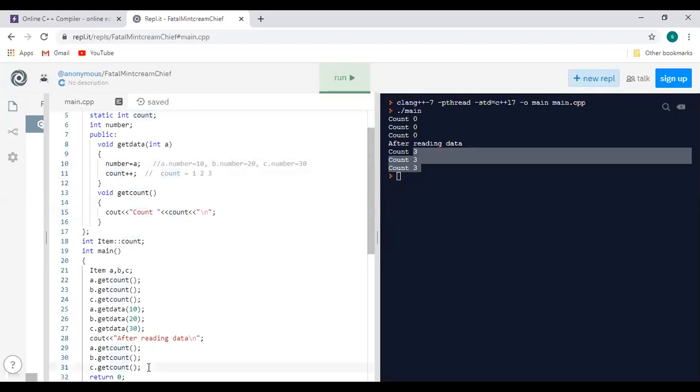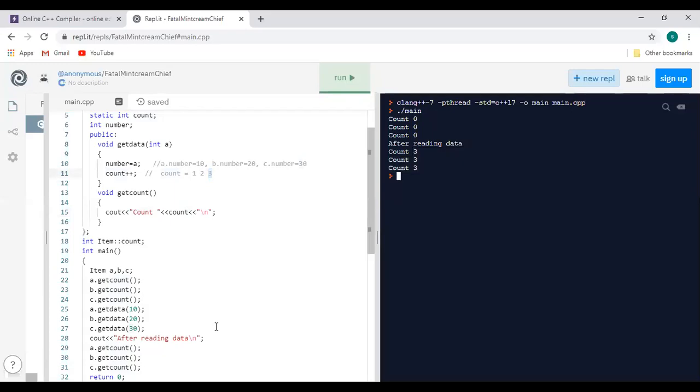Why the same value? Because each and every object is going to consider the latest value, and the latest value of count is 3. So that's why for each and every object it will display 3. Am I right? Clear?